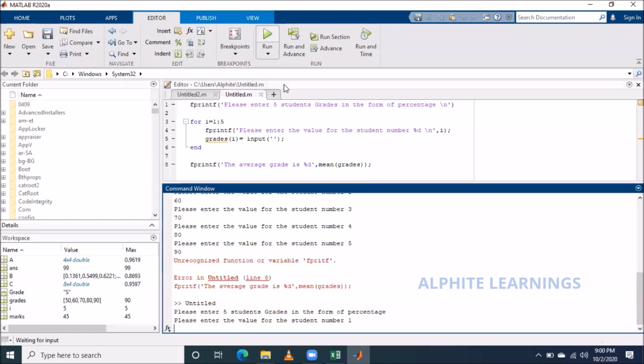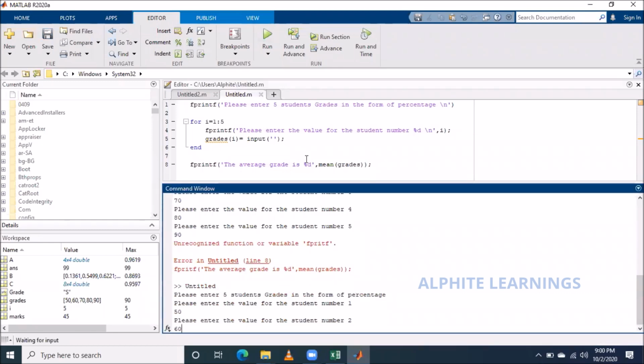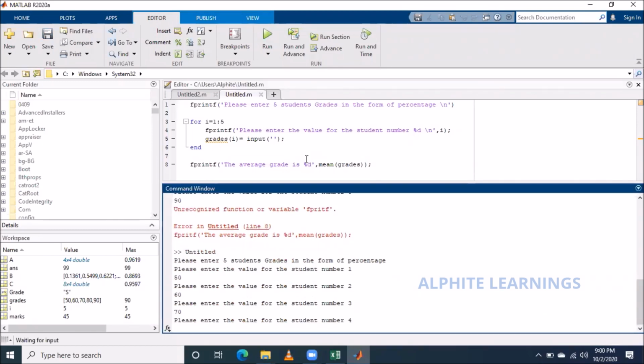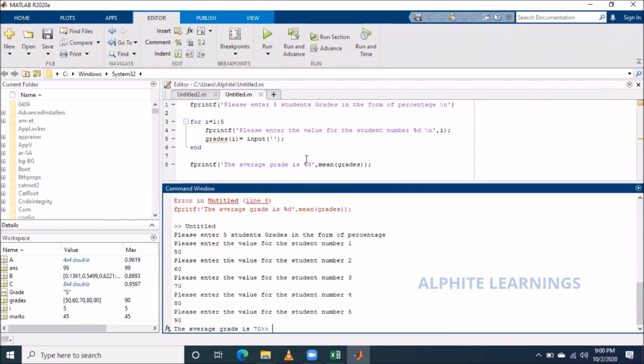So I'll write it again. Say 50, 60, 70, 80, 90. I entered 5 values. So I just end up with 5 numbers, or 5 people's marks. It updates 5 people's marks. So it displays the mean. So 90 plus 80 plus 70 plus 60 plus 50 divided by 5. So it is 70. The average grade is 70. This is the for loop. See, it's getting 5 variable inputs.